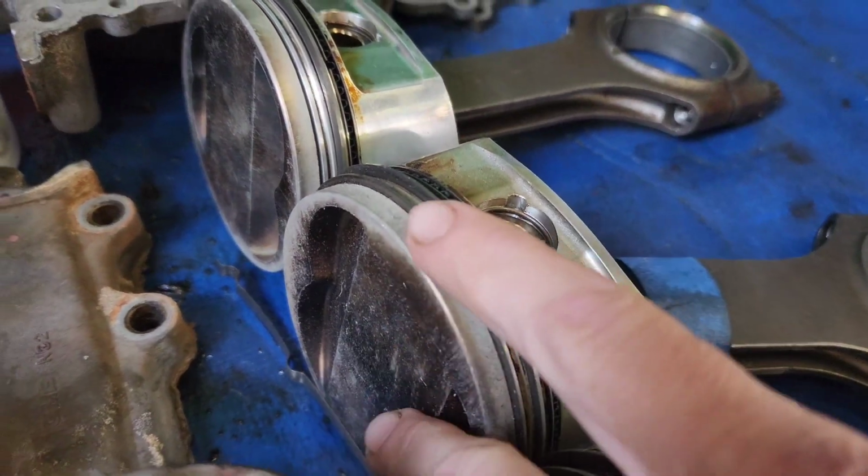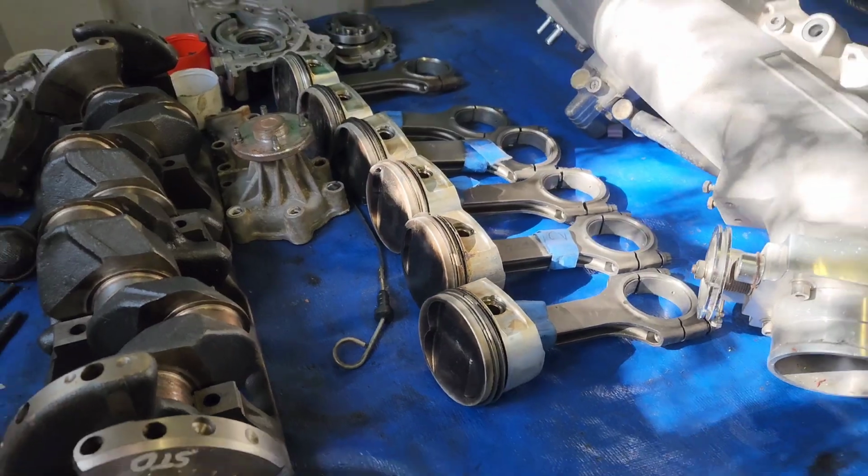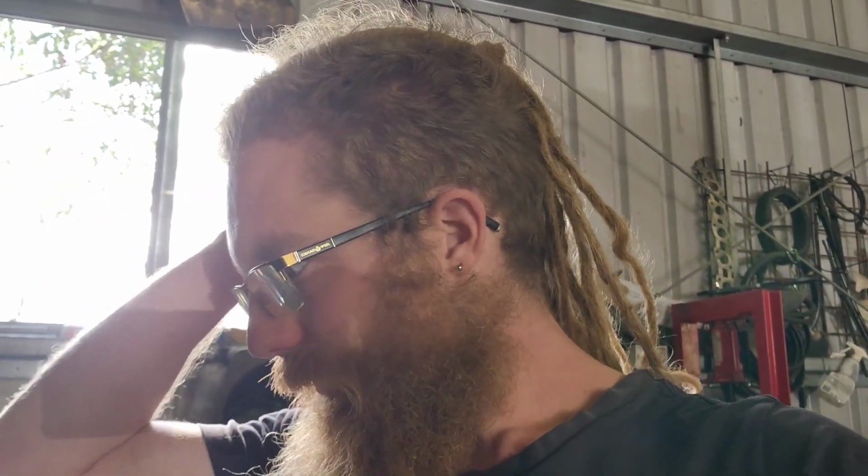They're not the happiest ever, so it's not the end of the world, but they're a -9 cc. In perspective, you put just a 25 head on a stock 30 bottom end that normally has a 9:1 compression ratio, it'll drop it to about an 8.5 to 8.3, depending on head gasket setup and whether the head and block are skimmed and a bunch of different little factors, but it drops the compression ratio. So I dare say those forged pistons I've got probably put the forged 30 at probably 8.5. Put the 25 head on top of that, then I'm looking at 8 or less compression ratio, which is